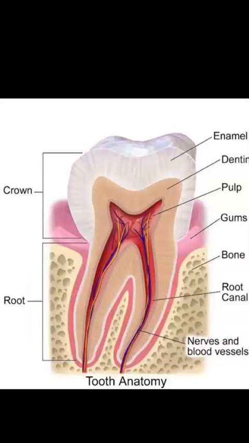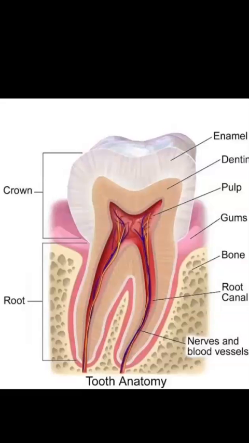So now we are going to discuss endodontic irrigants. So what are the endodontic irrigants? In the last lecture I told you that if the pulp is damaged or irritated, then we have to remove the infection. If the pulp is infected, then we have to do root canal therapy. If the pulp is not infected and we have remaining dentin thickness, then we can use the pulp protection step. But if the pulp is totally infected, then we have to use root canal therapy.